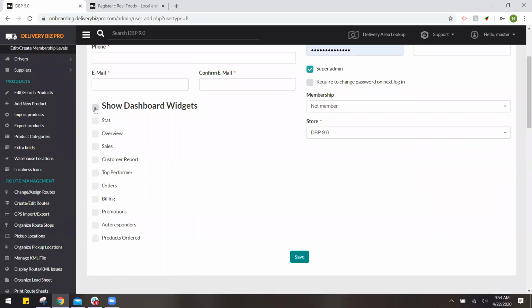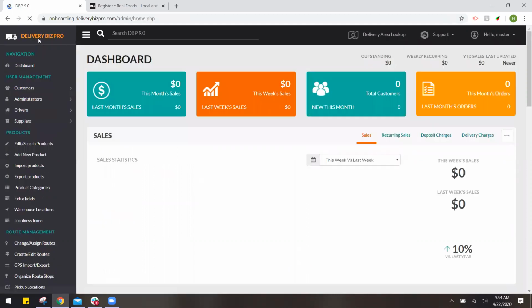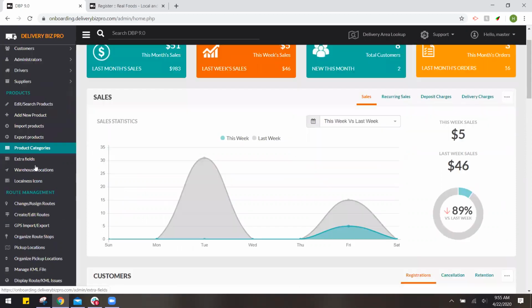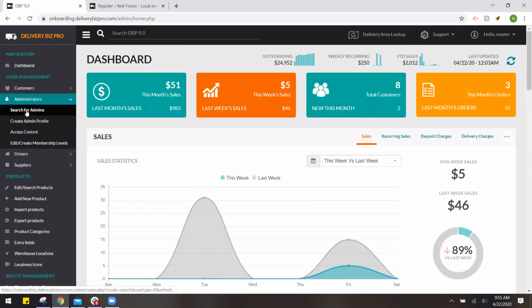If you're creating an additional one, you also want to make sure to check mark these boxes as well. This just gives them access to everything on the dashboard for the admin site. So if we click on this section, this is your customer dashboard. So that's what those check marks relate to in the system. So if we go back to admins,